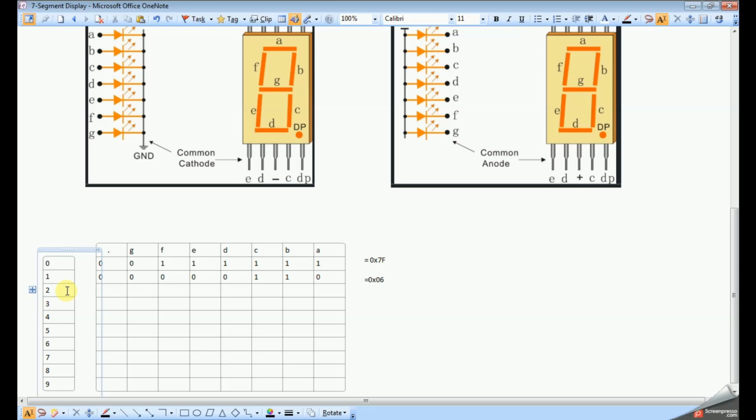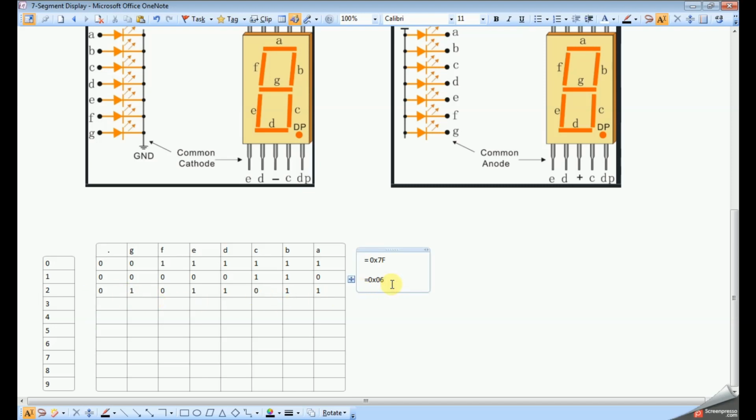Next I want to display number 2. As you see, 2 means A, B, G, E, D should be 1. A 1, B 1, G 1, E 1, D 1. So the remaining will be zeros.